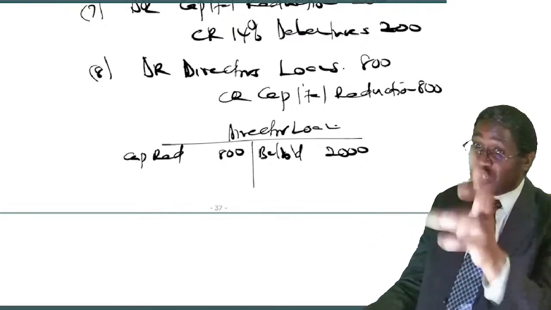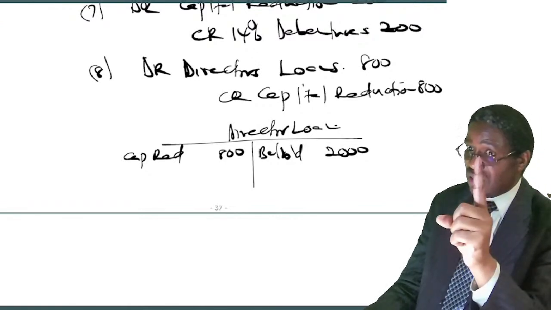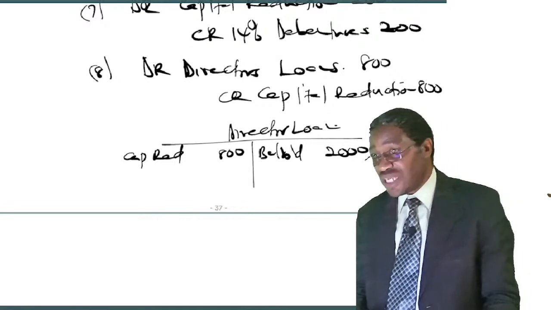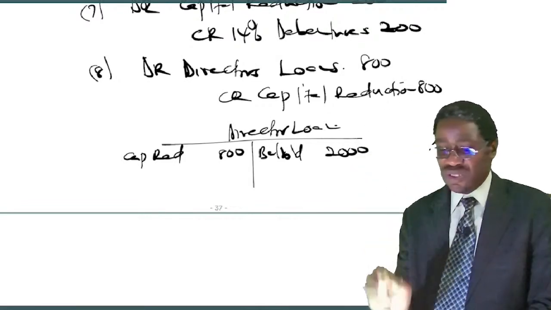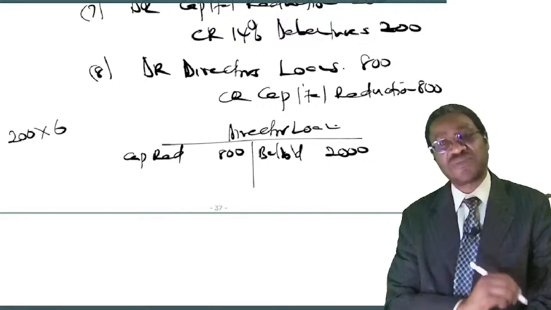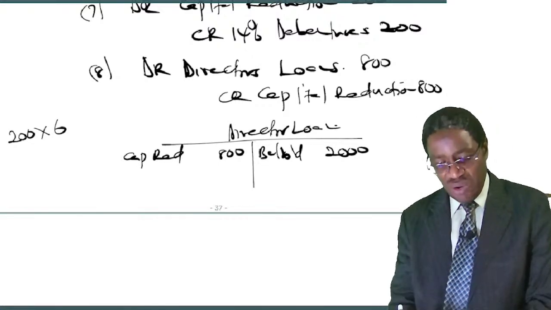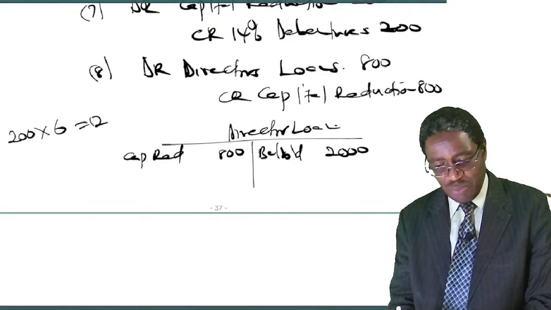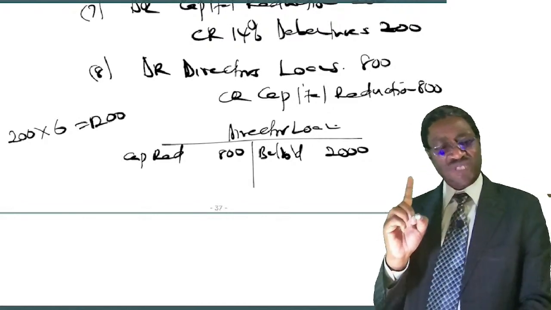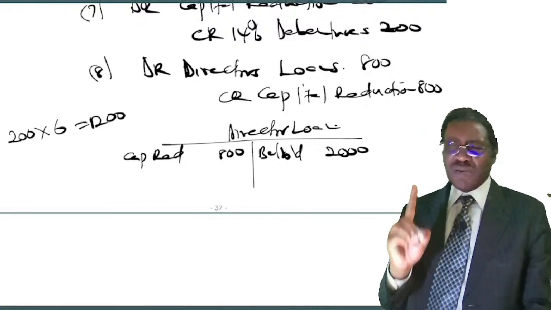You're issuing one share at 6 bob. Listen carefully, at 6 bob. So that you will come and say 200,000 times 6 will now come to 1.2. I want you to listen carefully, because the tricky part was here now. But don't forget